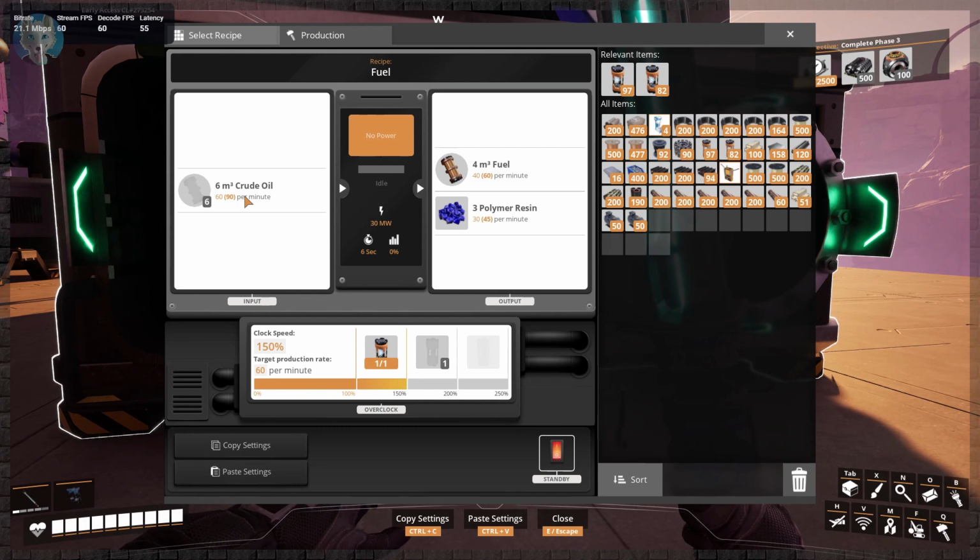I might slightly underclock these, say produce 59 or something like that, and then we'll put our fuel generators down, but one of them I'll underclock slightly. The reason I'm doing that is because the fuel in this game is not exact. That is the major problem with it: the liquid is not exact in the pipes and stuff like that. So what we might have to do is go in and say we'll produce,